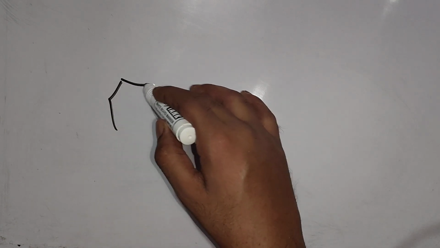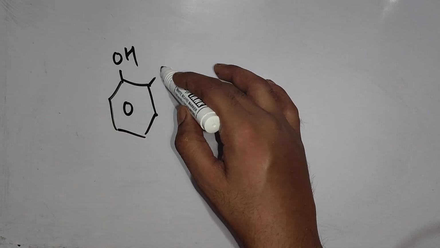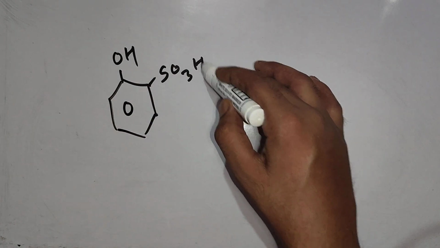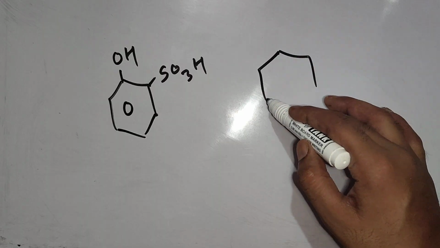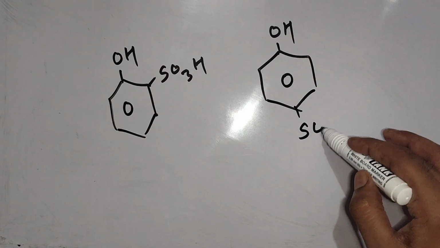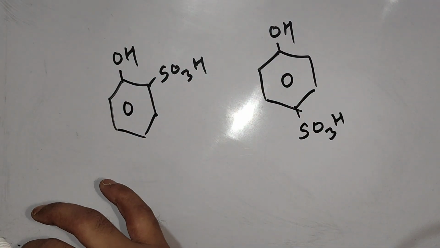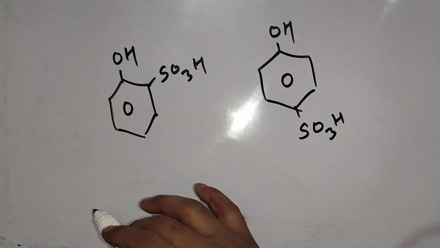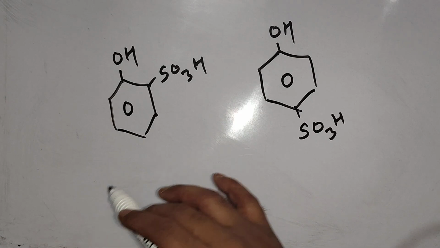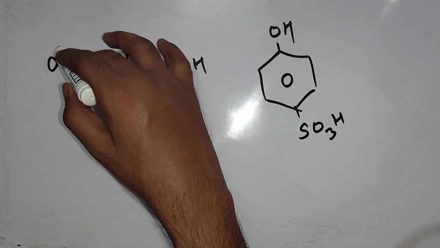Now, out of ortho substituted product and para substituted product, which has less energy contained in it? Let's check. At higher temperature,